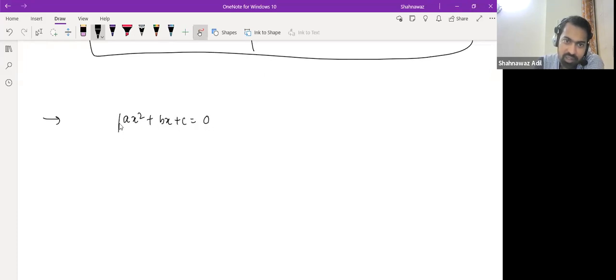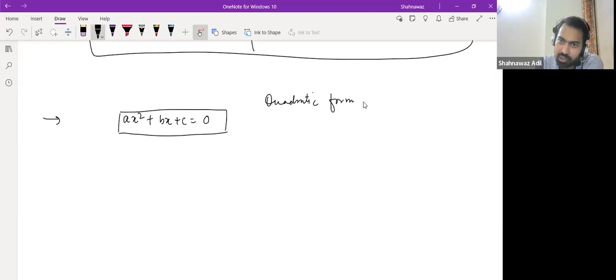We know middle term splitting, and the other method is the quadratic formula. How do we calculate the solution? First we calculate the